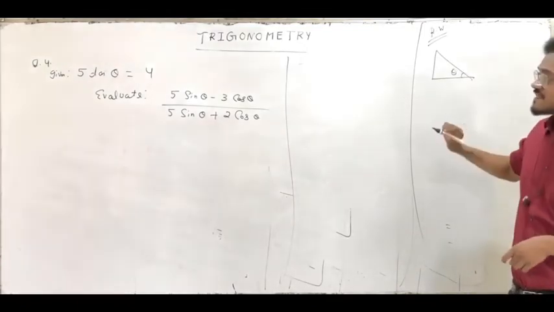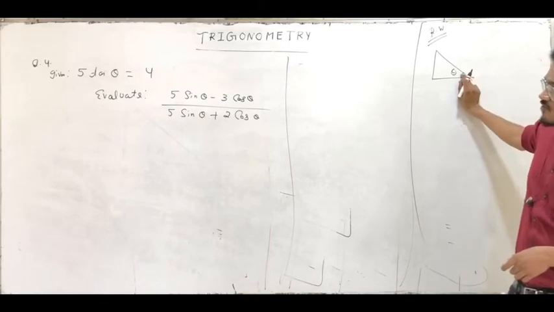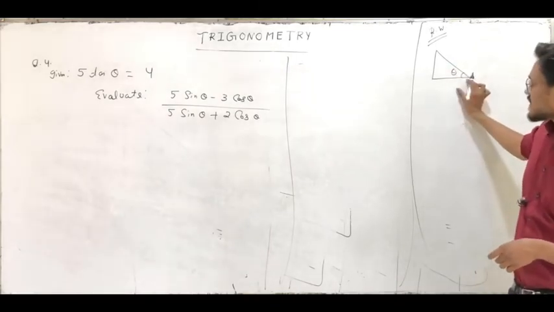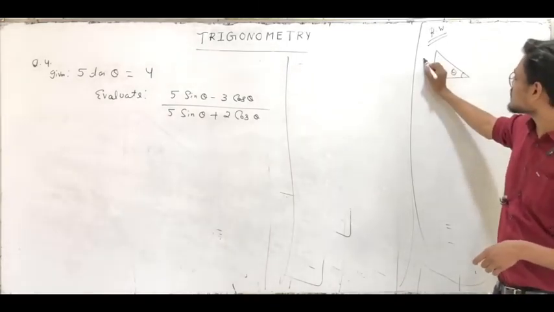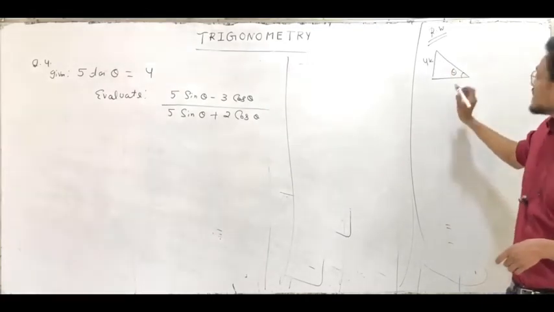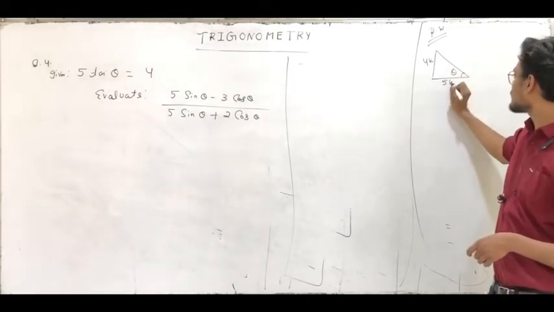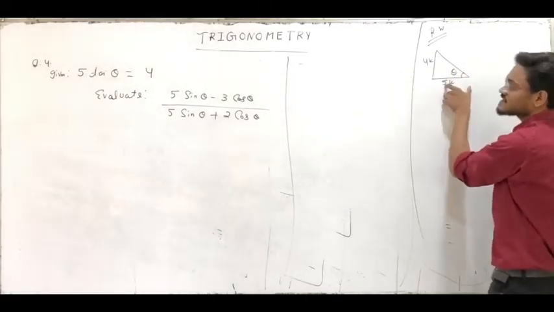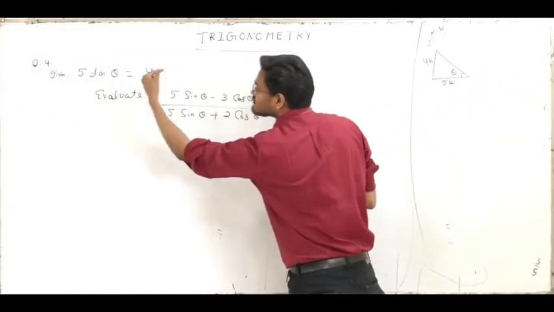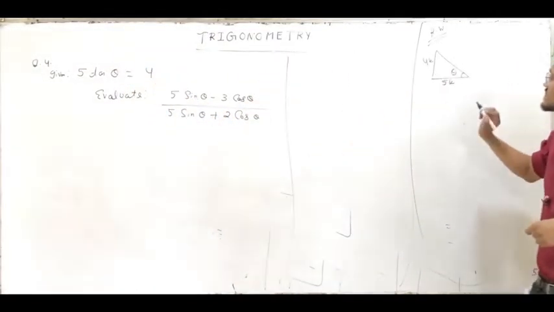let this angle be theta. So tan theta is going to be 4 by 5. So tan theta is perpendicular upon base. So your perpendicular is 4K and base is 5K, because tan theta is perpendicular upon base and the value of tan theta is 4 by 5. See, if it's 4K, it is 5K.